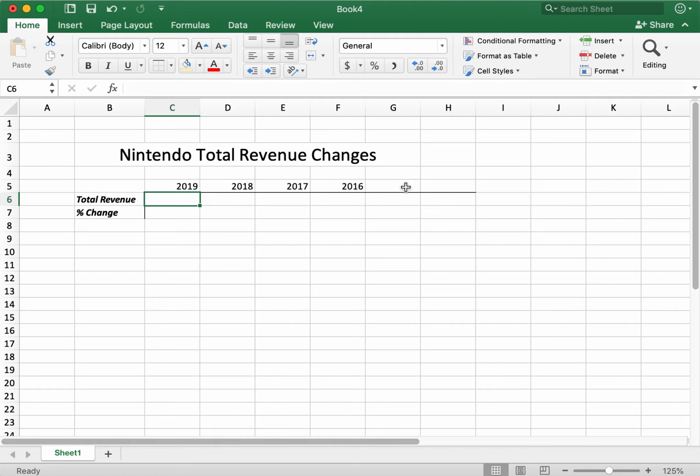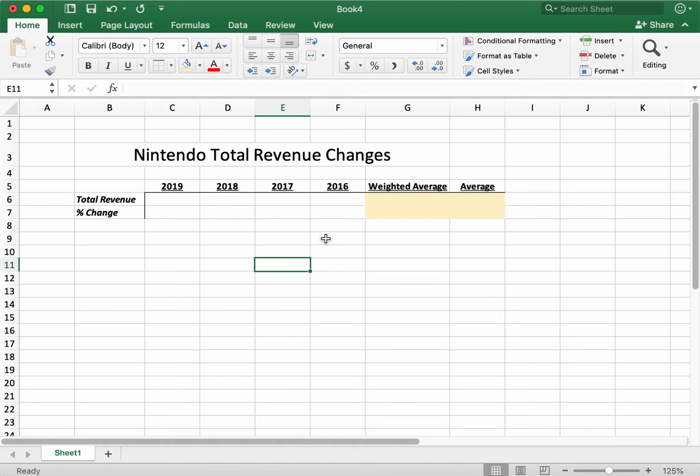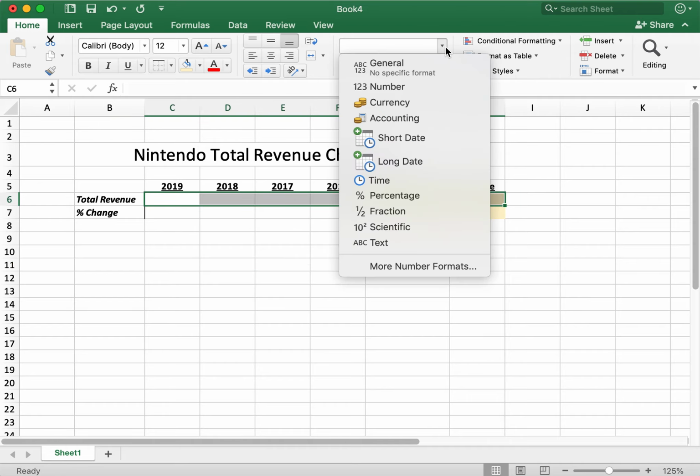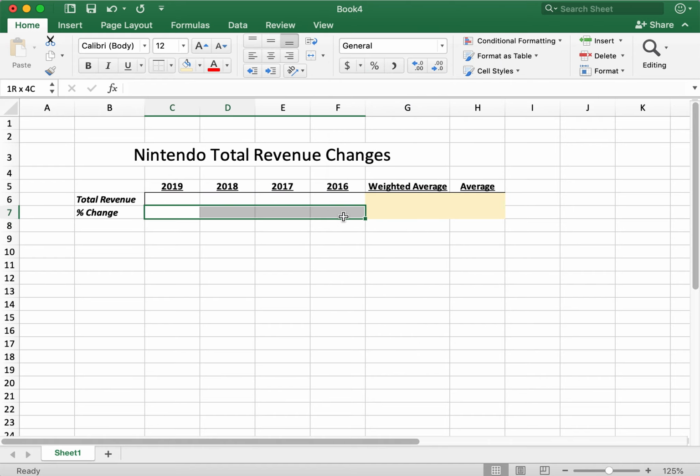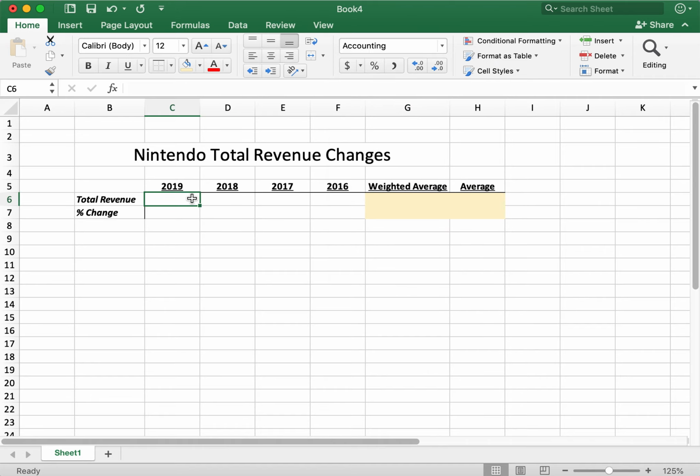There we go. And then over here, in this corner, I will have some actual stuff that I need, which will be the weighted average and the average, just so we can see the difference between the two. And I'll just bold all those, underline those, and there we go. So now we have ourselves our good old-fashioned things, and I'll just put this in currency format as well, or screw it, I'll just use accounting format just to show you one of the differences of accounting. One of the differences being that if I put in a number, say